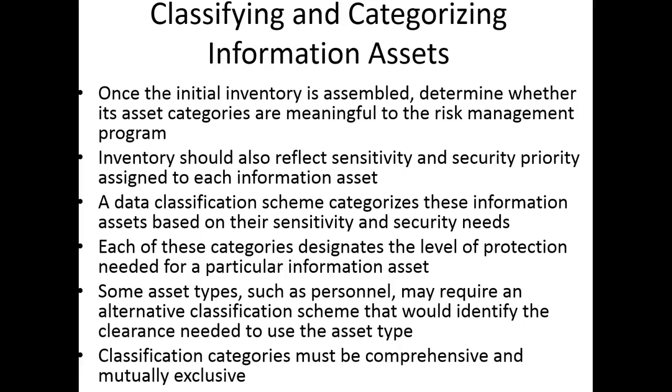For instance, based on need to know and right to update, an employee might be given a certain level of security clearance, which can identify the level of information that the individual is authorized to use. Also, the classification categories must be comprehensive and mutually exclusive. Comprehensive means that all inventory assets fit in a category, and mutually exclusive means that each asset is found